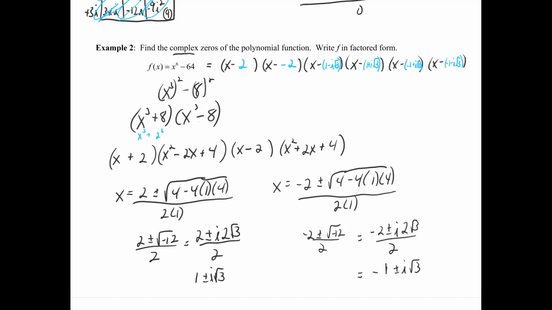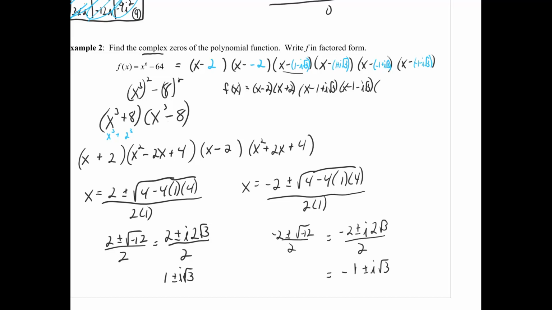Let's simplify, make sure they're all different, and then we'll write the zeros down. So we have f of x equals x minus 2 times x plus 2 times x minus 1 plus i rad 3. Well, we can just write it. Let's see, are these all different? Let's expand it out. It really doesn't matter as long as I see this part. I'm good with knowing how to do it, but I still want to see if they're all different. So we have x minus 1 plus i rad 3. That's the first one. Then we have x minus 1 minus i rad 3. Then we have